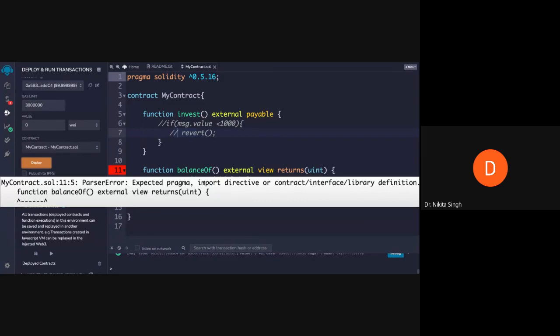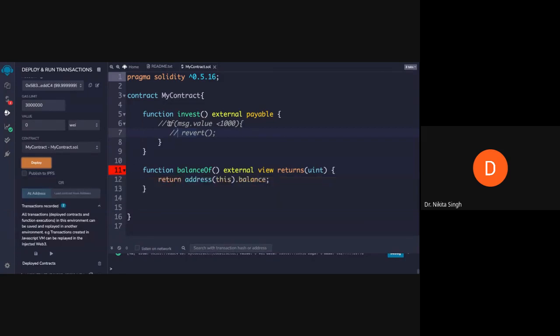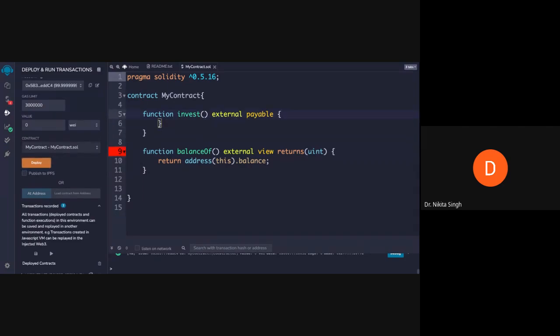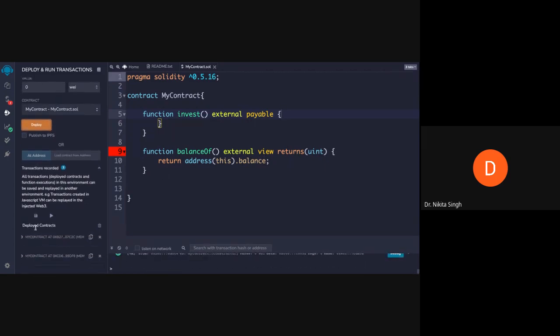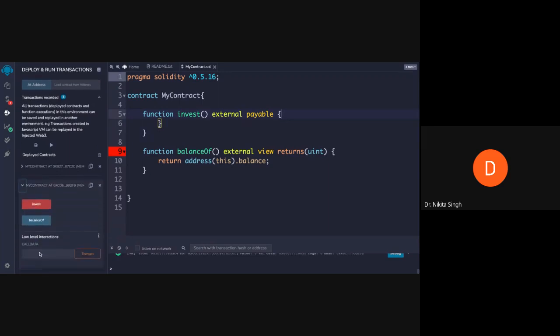There is some error here. Function invest external payable, this is correct. Function balanceOf external view returns. If I try to deploy it, okay, it is deploying.